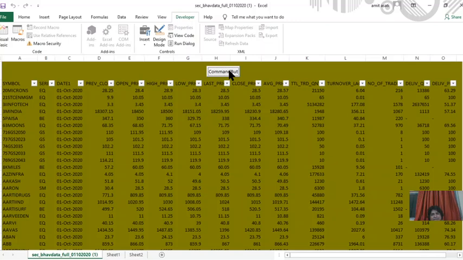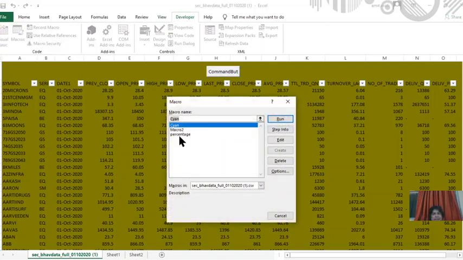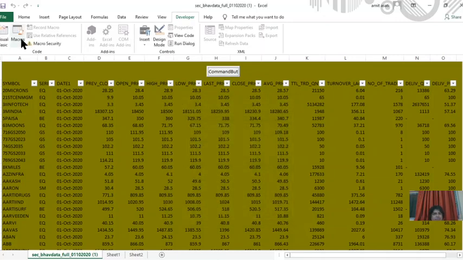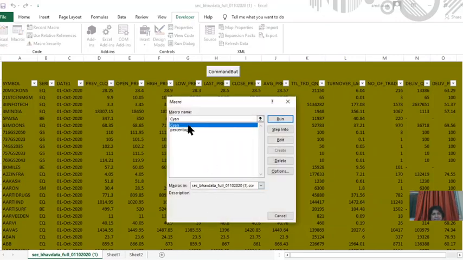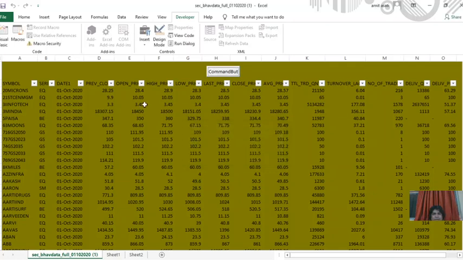we will delete this. How to delete? Yes, delete. Go to macro security, Developer, Visual Basic macros, and this macro can be deleted. Yes, this macro is deleted. Now the percentage macro, I don't want to delete that one, only this one. Okay, this is deleted. Now can we delete this command button? Designer mode, and we can delete this also. In designer mode it has gone now.